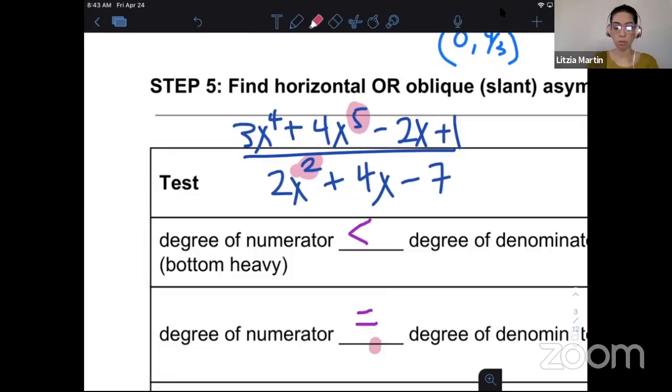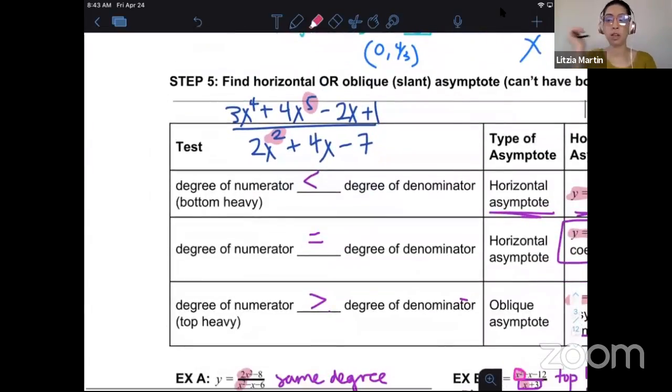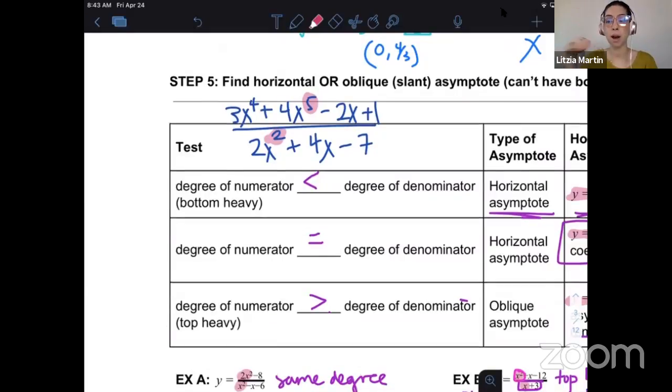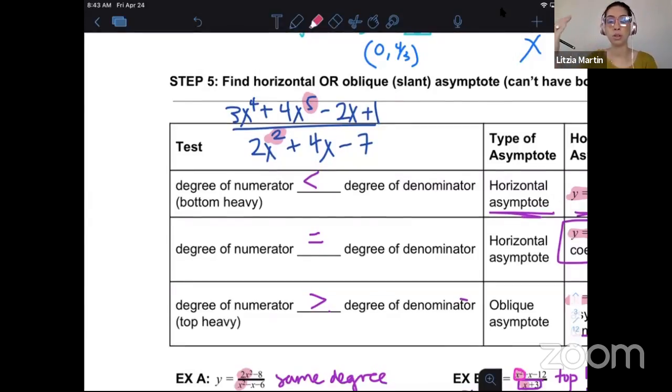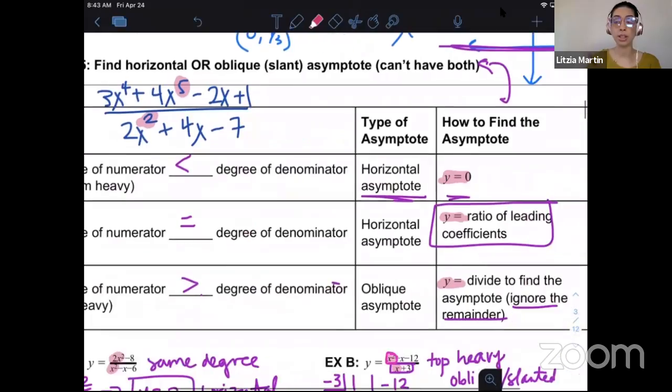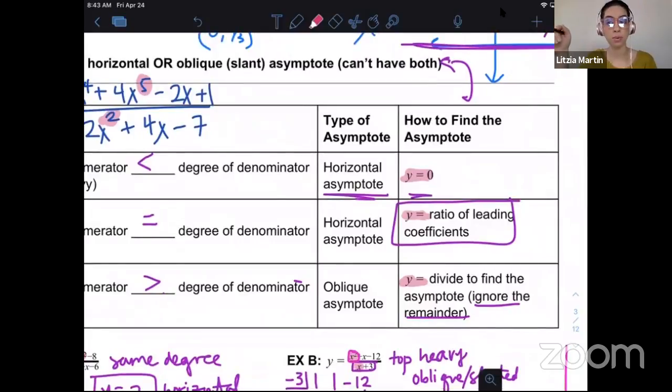So if the degree of the numerator is less than the degree of the denominator, meaning it's a bottom heavy function because the degree is heavier at the bottom, then we have a horizontal asymptote. So that means it's just a line straight across. And the equation of that asymptote will be y equal to 0. So that one's pretty easy